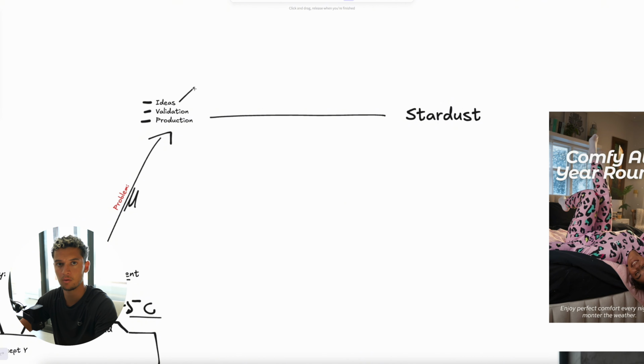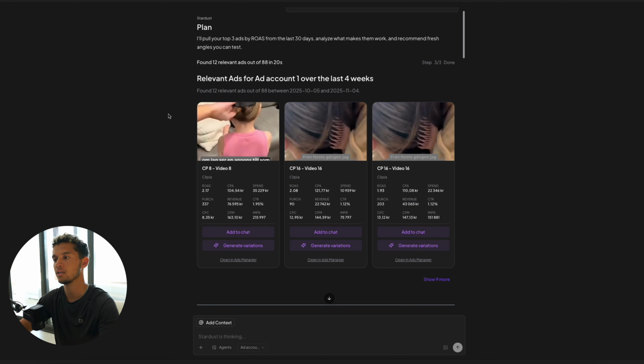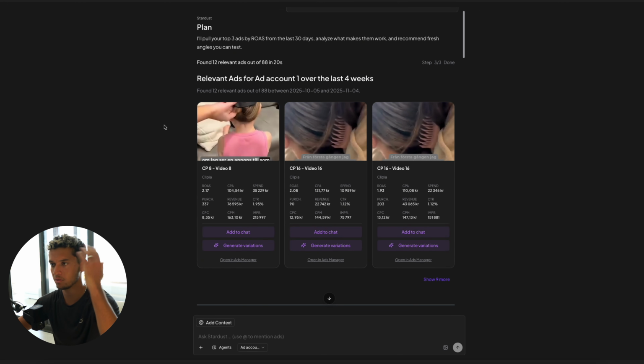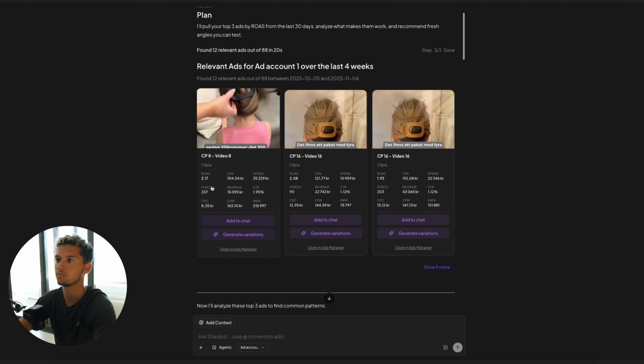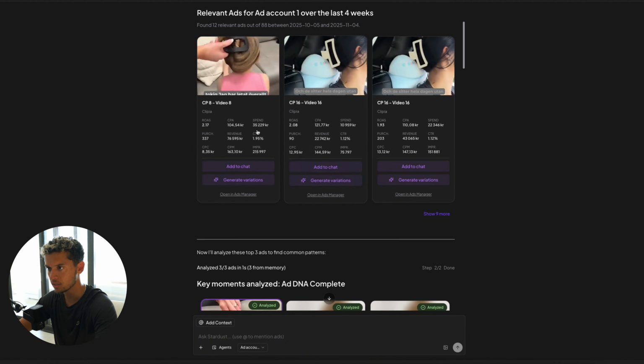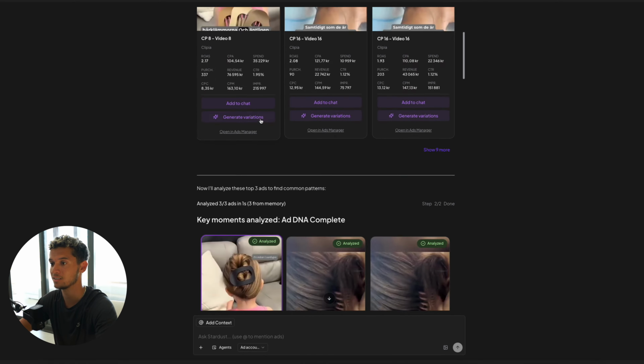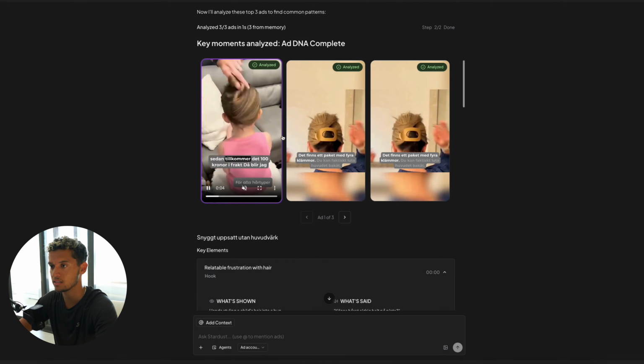That's an infinite amount of ideas and validation, because this is based on your own data. And this is a store I closed down, so if you want to copy, whatever. Spent 35K, 2.17 ROAS, you see why it closed down. Not that great, but great margin, so still works. It actually analyzes the ads itself.